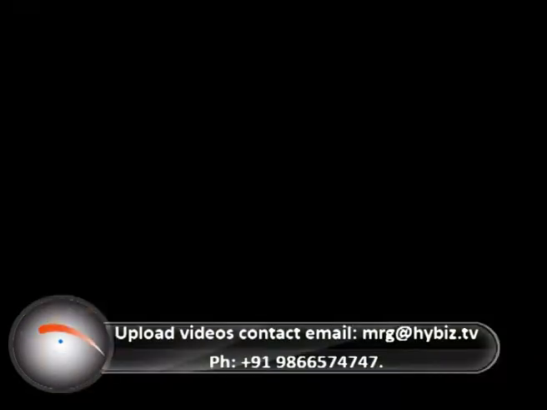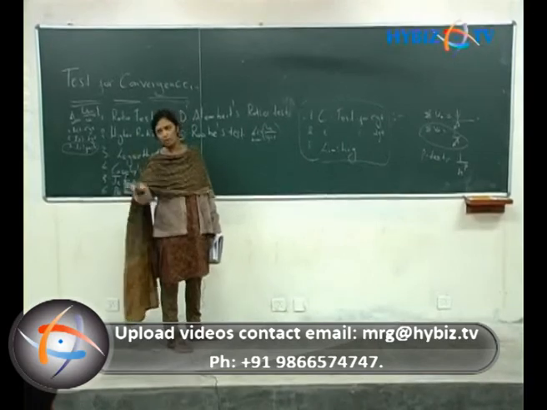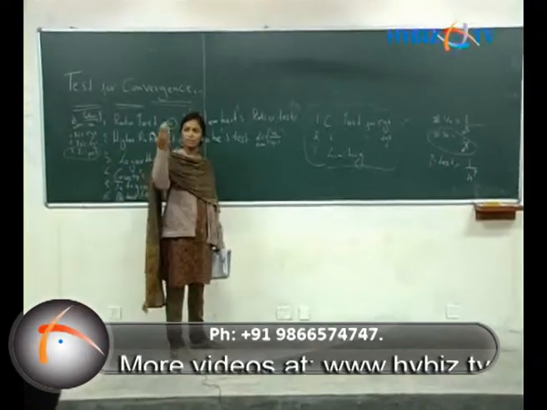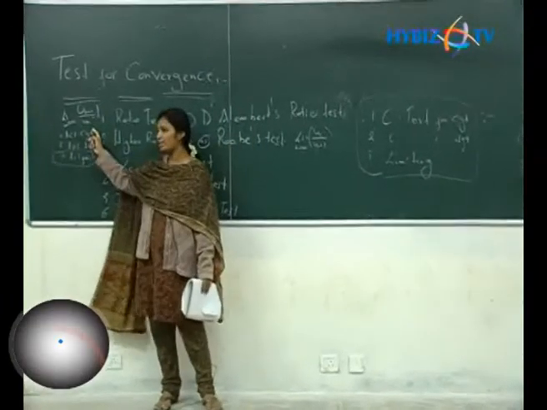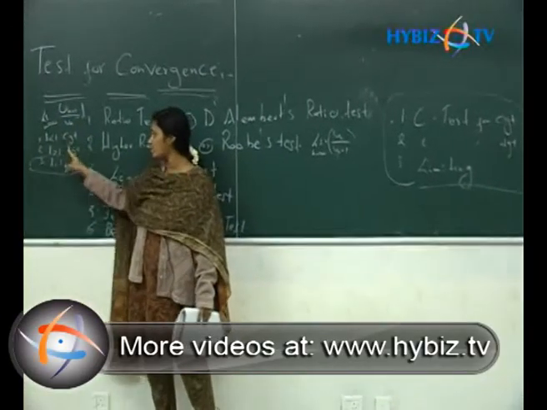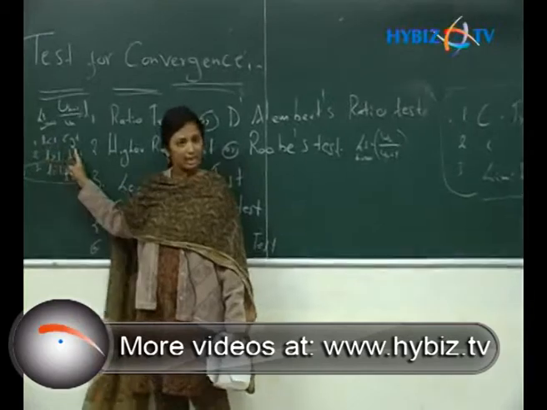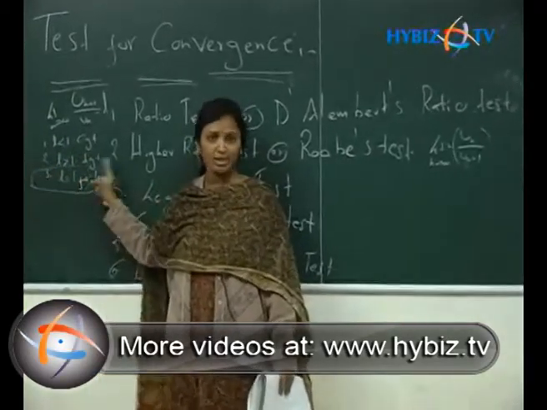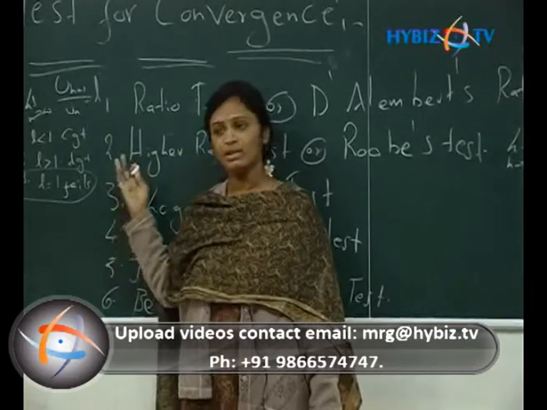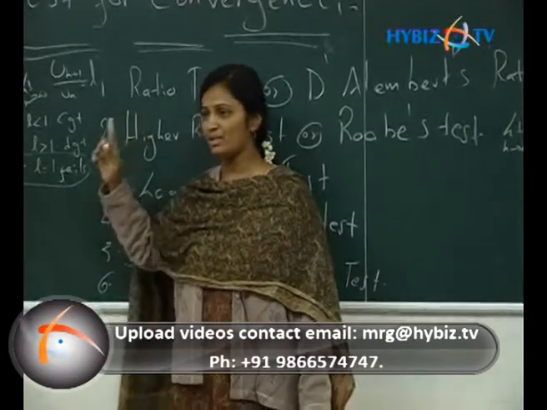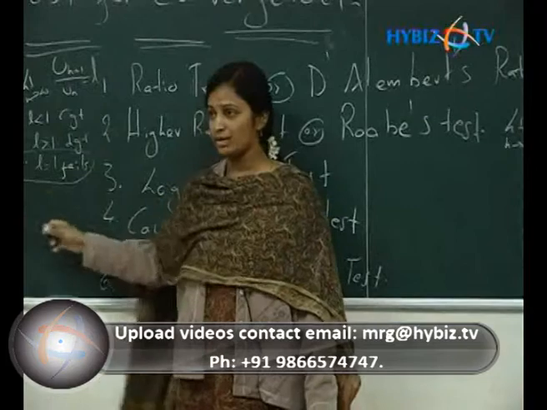You can take that un by un plus 1, one formula is there, or n into un plus 1 by un, nothing will be there. Here, the same as it is, you can take un by un plus 1. Now L greater than 1, convergent; L less than 1, divergent. Again the third statement, L equals 1, test fails, because in some other textbooks the statement will be like that also.